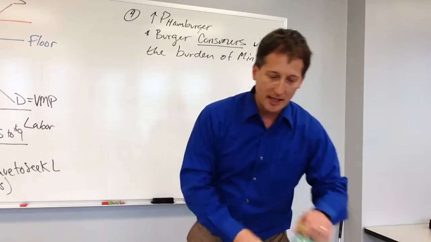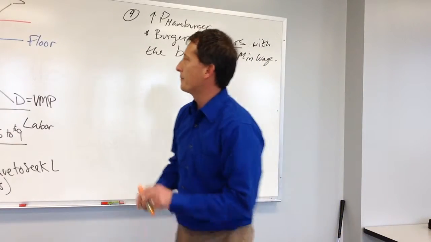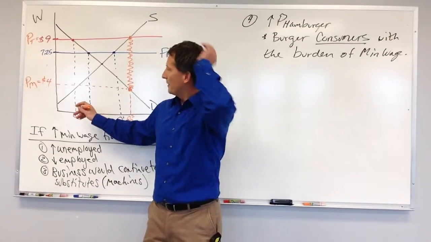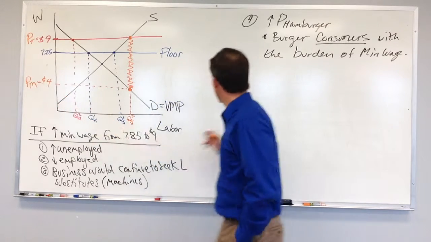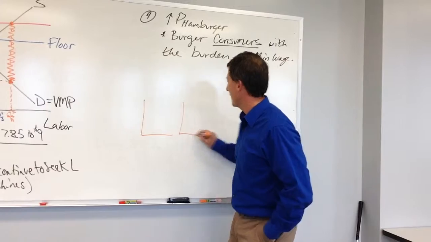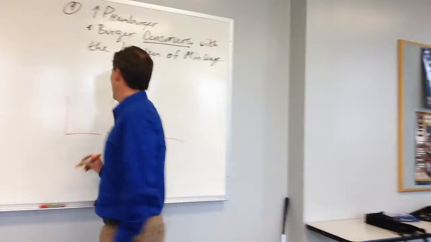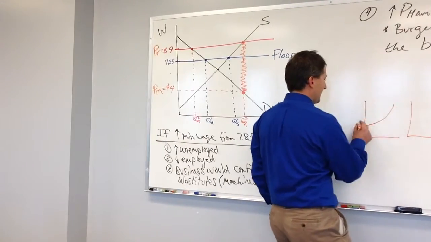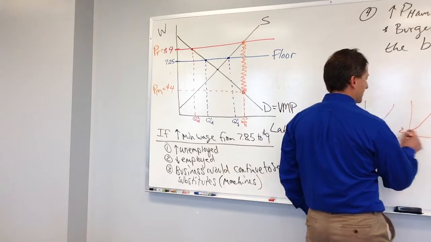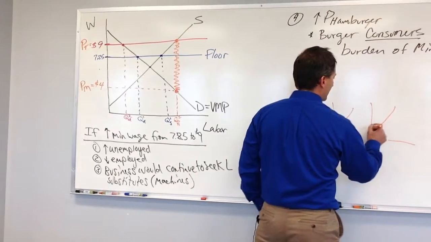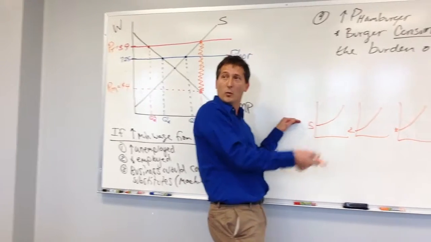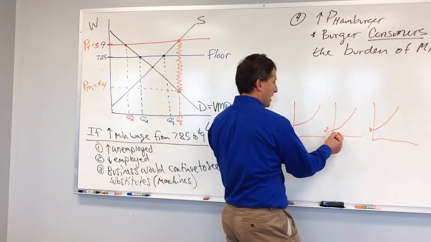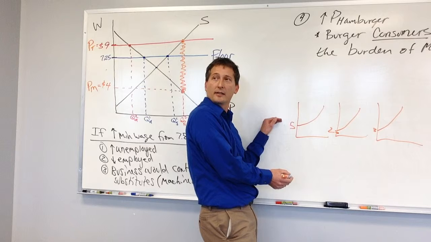The reservation wage isn't lost. It's there by the individuals. So remember when we talked about the reservation wage, if we have Tom, Dick, and Harry, and Tom's up here and he needs $5 an hour, and Dick's down here at 2, and Harry's up here at 3, if the market wage is $1, nobody's working, right?